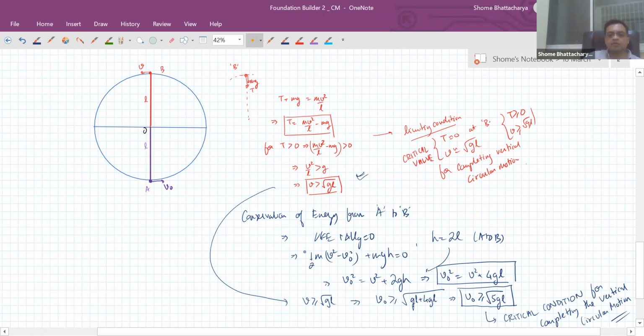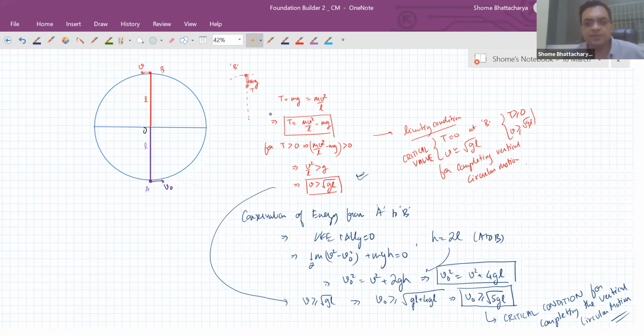And then application of work energy or conservation of energy from A to B to find the relationship between v naught and v. So first we are finding the critical value of v, so that there is some tension, or the tension might be just about equal to 0 at the point B. So if it's just 0 at B, that means it's still non-zero before B. That's the whole idea. We don't want the tension to be 0 before B. So that means at B, just about 0 is also okay, but it should not be less than that, because that would not make sense. That means before B, the tension has become 0.